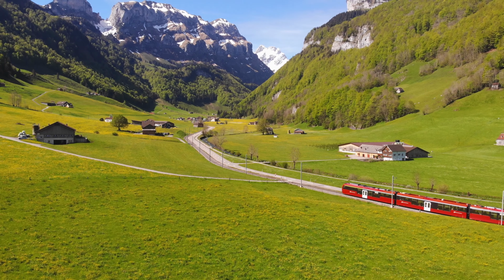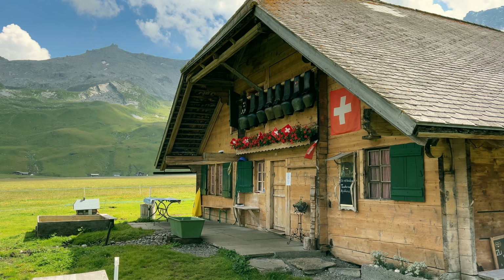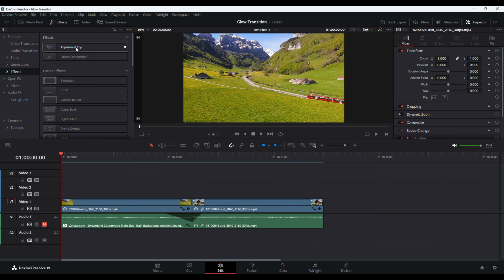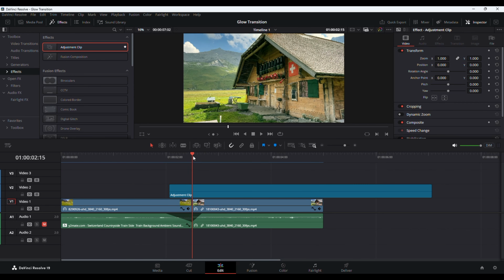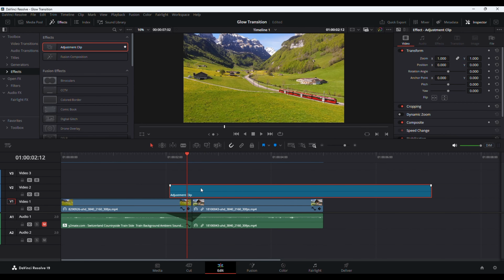In this tutorial, let's create this amazing glow transition in DaVinci Resolve. Let's get started. Alright, so I will go in the effects and drag and drop an adjustment clip. I will come on the cut point 5 frames forward